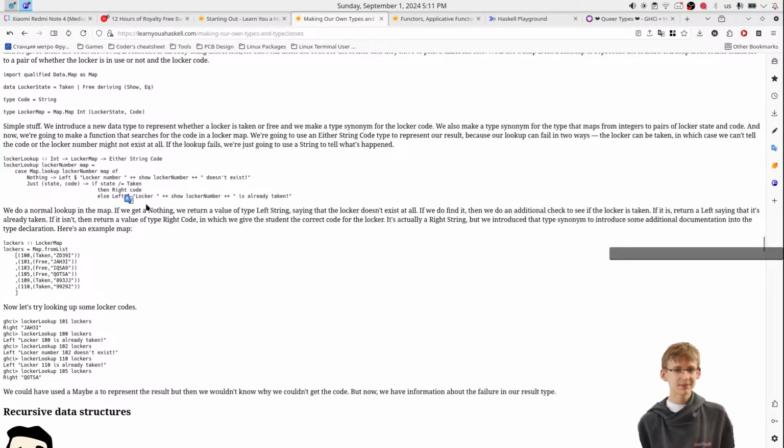With a normal lookup in the map, if we get nothing, we return a value of type Left, since the locker doesn't exist at all. If we find it, then we do an additional check to see if the locker is taken. If it is, return the Left saying